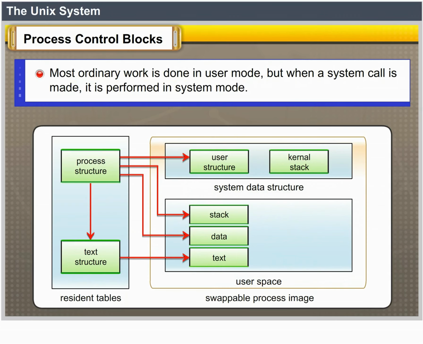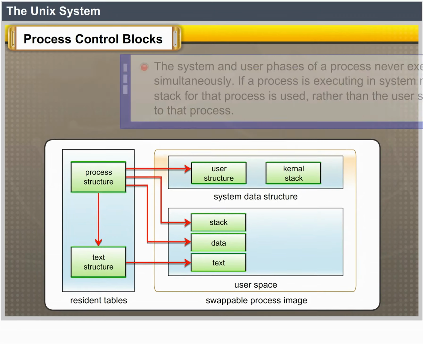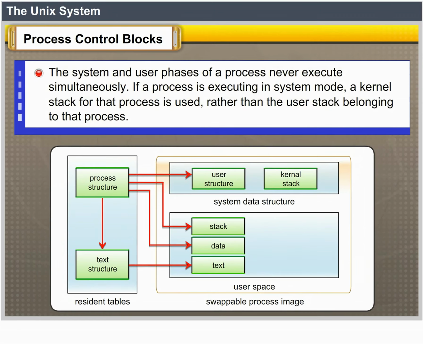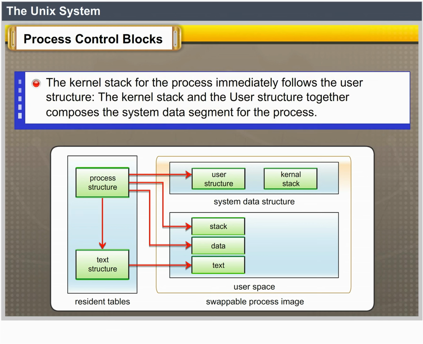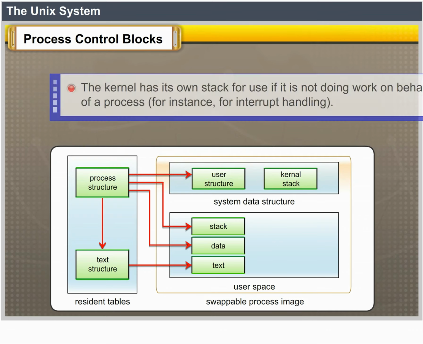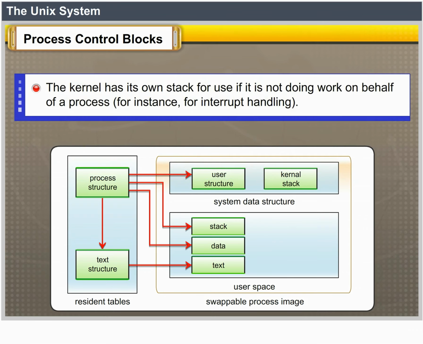Most ordinary work is done in user mode, but when a system call is made, it is performed in system mode. The system and user phases of a process never execute simultaneously. When a process is executing in system mode, a kernel stack for that process is used rather than the user stack belonging to that process. The kernel stack for the process immediately follows the user structure. The kernel stack and the user structure together compose the system data segment for the process. The kernel has its own stack for use when it is not doing work on behalf of a process,